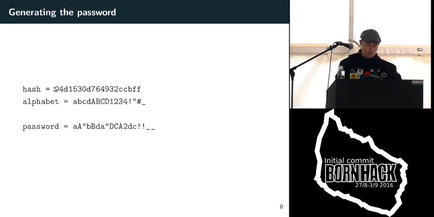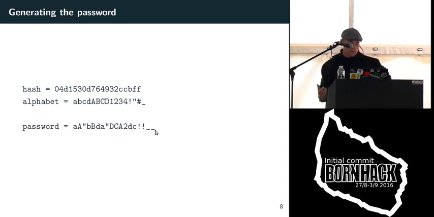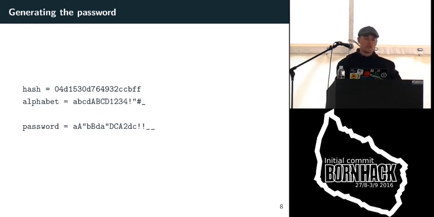So the first one is A. It's a 0, so we put in A. The second one is a 4, then we find the fourth element, and so forth, until we have generated a random string. Or it's not a random string, it's deterministically created by the hash, and the hash has the great ability that it's not reversible, so you can't see what it's actually been made of. You can just see that it's something that looks, or should look, quite random.